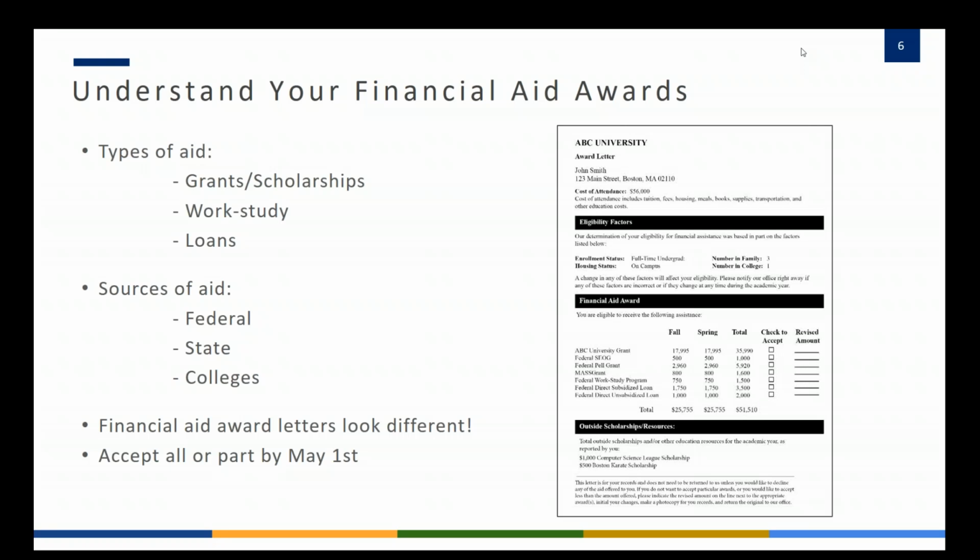The financial aid award letter should show all of the need-based aid that the student received from the federal and state government, as well as the college. They should also see the merit-based aid that a student would have received. Students will find out about the merit-based aid on their acceptance letter typically, and then the financial aid award letter will follow that typically a week later or so. It depends on the school.